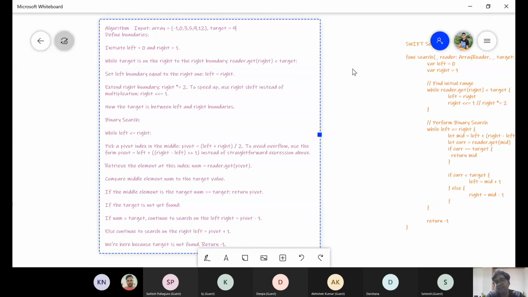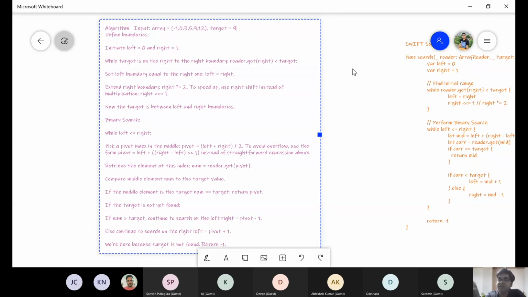But how do we define the next right? That's the question. To solve this in logarithmic time, earlier we always divided our array into half every time. That was our approach when using binary search. In this case, we will use the reverse approach to find the right or high point. We will multiply the right by 2.